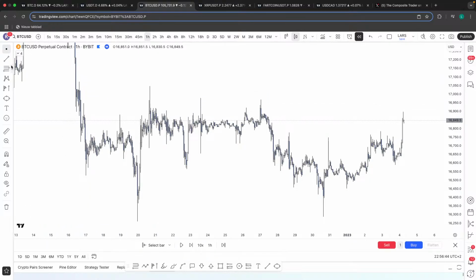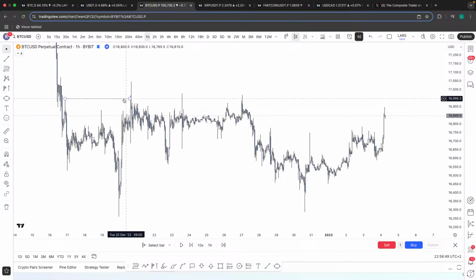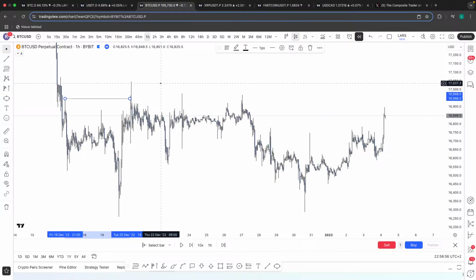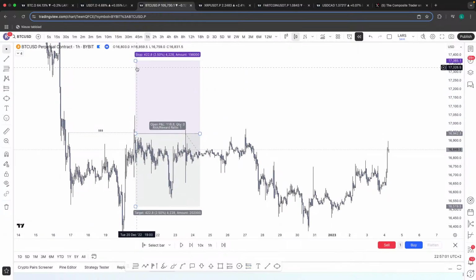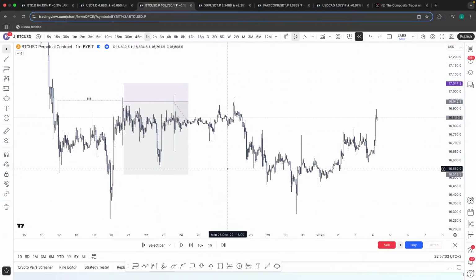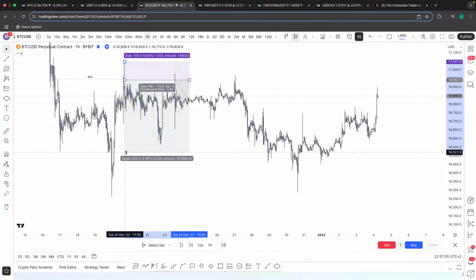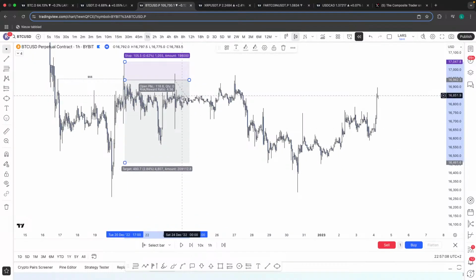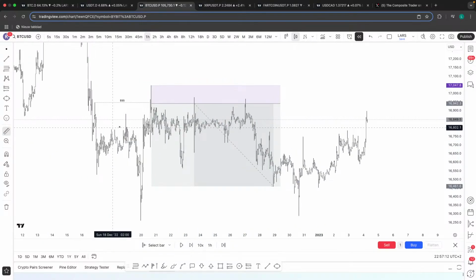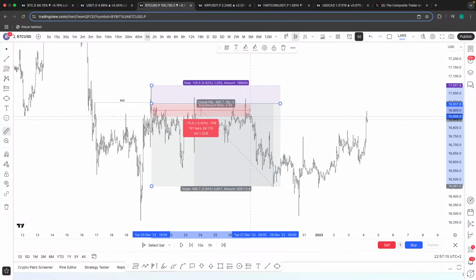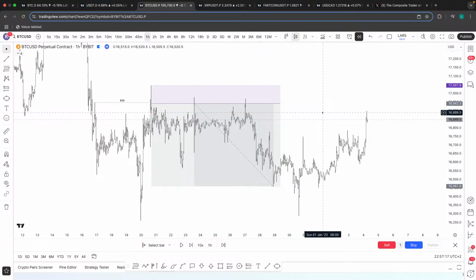It wasn't a TCT model because I wasn't trading Wyckoff at the time. But I took this trade right there. I took the liquidity sweep off of here. Bro, I remember it like it was yesterday. I took a trade based upon just some divergences and SFPs, kind of having something like this. And I was targeting, I don't even know what I was targeting, but I was targeting somewhere lower. Bro, I was in this trade for days. Ever since that entry, price went sideways for a week, having nothing.